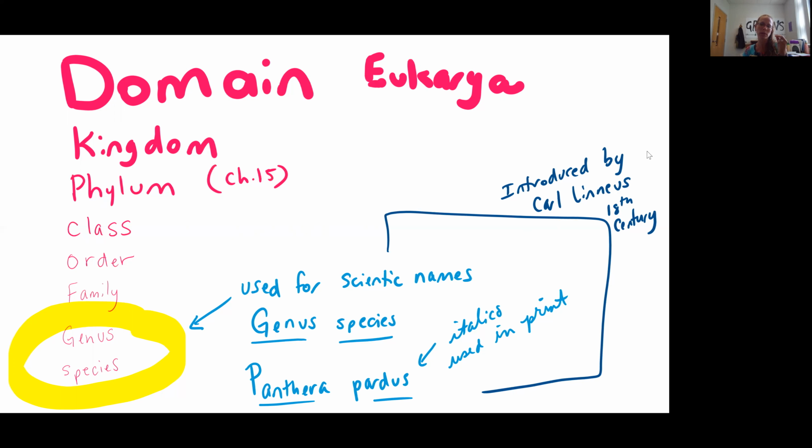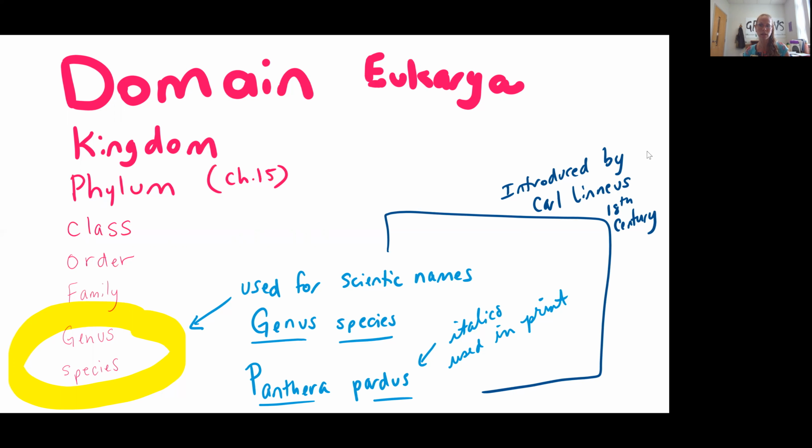The term binomial means 2 names. And so all of our scientific names, all of our organisms are assigned a 2-part name. The first part of the name is genus, and the second part of the name is the species. Now, the genus name is always written in a capital letter, and the species name is always lowercase. Notice, too, that I've written these by hand, and so I've underlined my genus and species name. But if I was typing these up, then I would be sure and use italics.